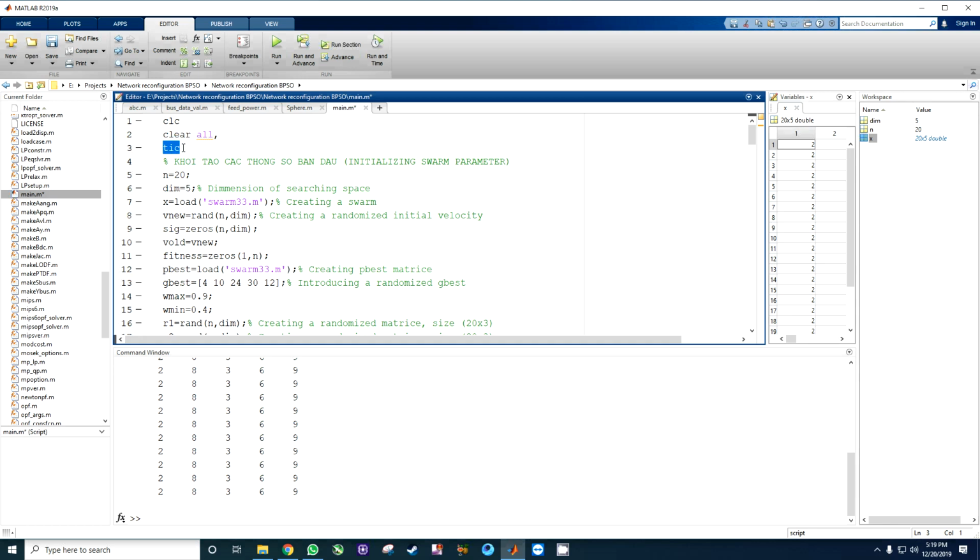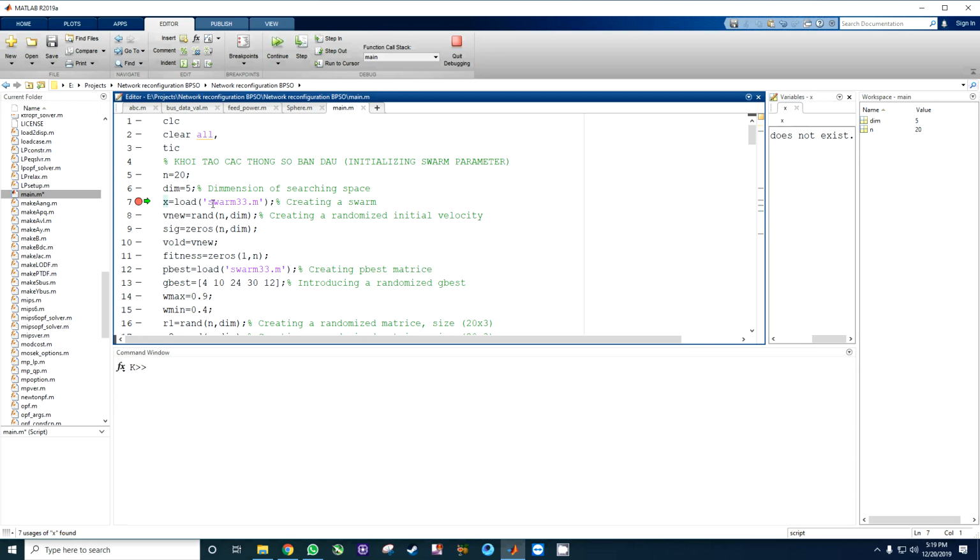Then tic toc function is to calculate the time, and here is the start. Here is n equals 20, that is actually for the swarms, and dimension of the search space 5. And here, let me left click here, and then it will be start debugger. So when I click on the run, now it is going to load the file